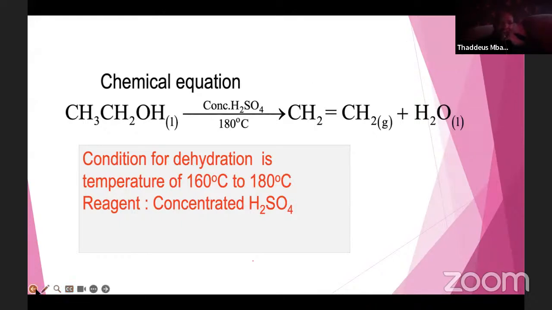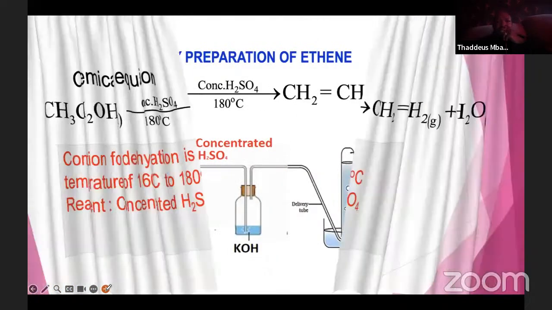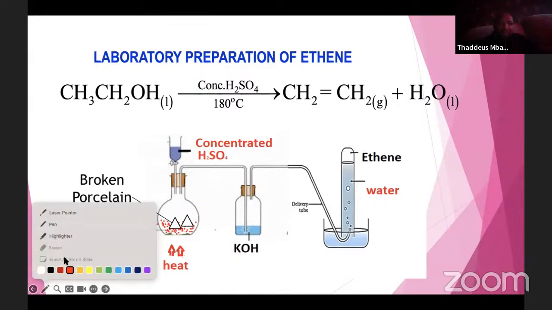So now you can look at the preparation of alkenes, as you can see, the diagram is there. We have the ethanol, then we have the ethene plus water. You can see that from that end. Then the diagram is there. We are passing through potassium hydroxide. It can also be sodium hydroxide here. An examiner will ask you, what is the role of this?